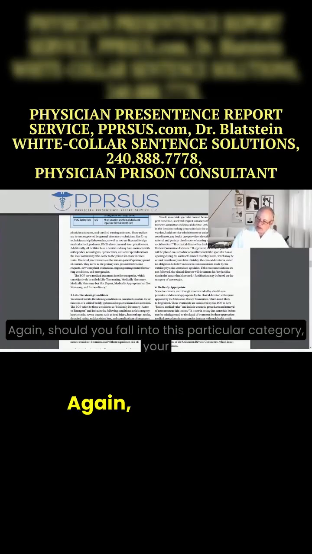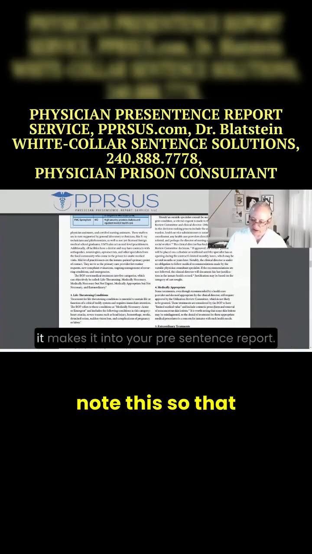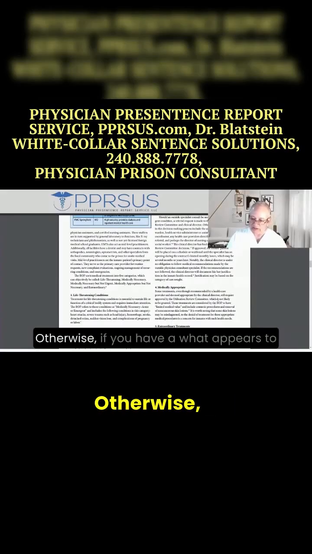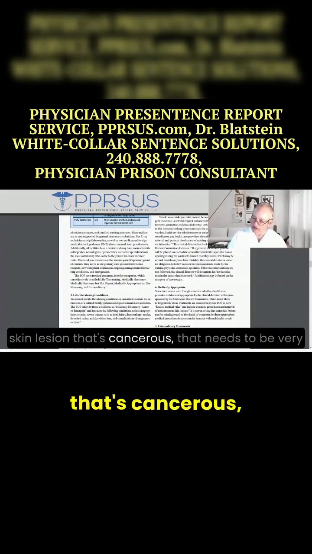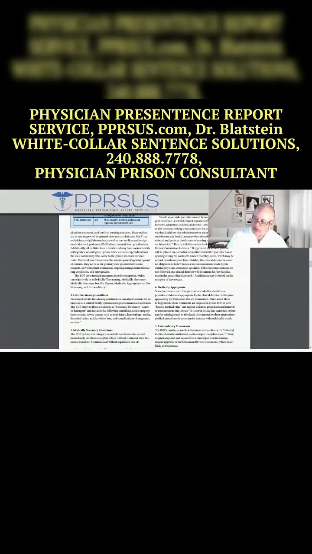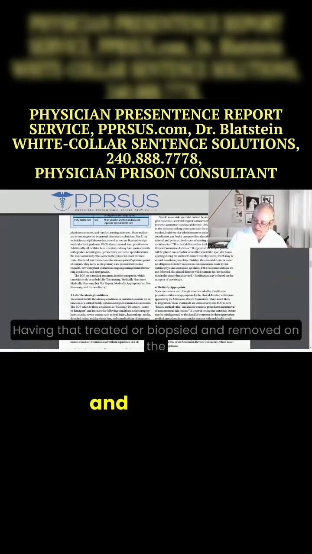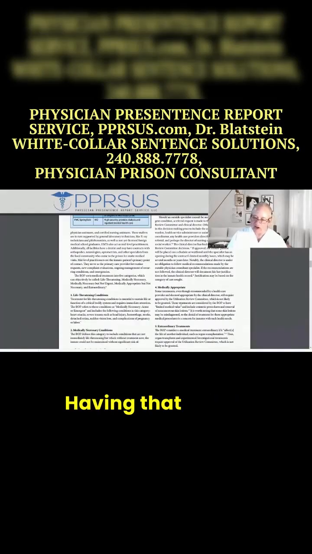Again, should you fall into this particular category, your physician and attorney need to note this so that it makes it into your pre-sentence report. Otherwise, if you have what appears to be a skin lesion, they're going to say, no, we're not going to biopsy it. And so if you have a history of a skin lesion that's cancerous, that needs to be very clearly written, because having that treated or biopsied and removed on the outside is considered standard of care in the community. Having that same